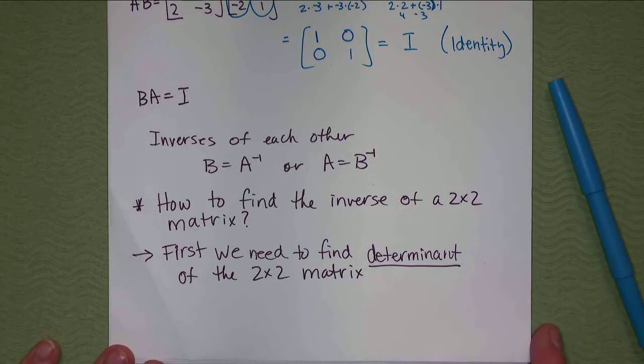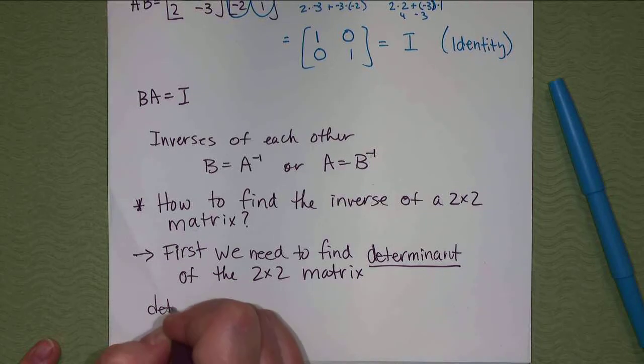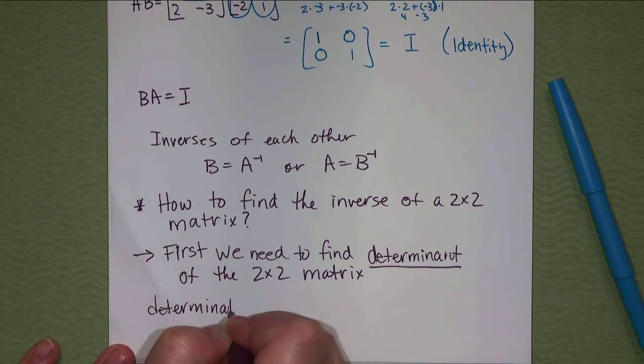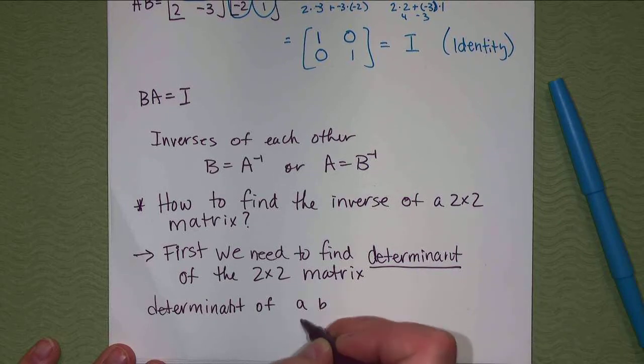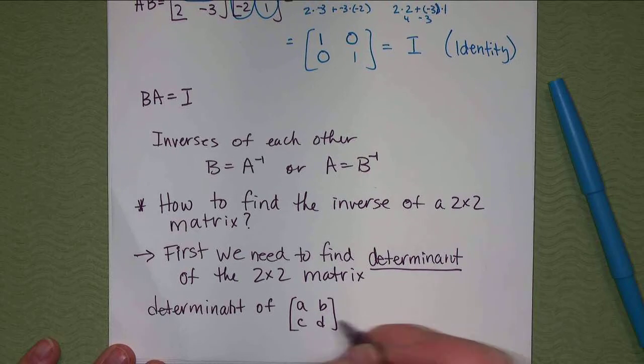And the determinant is just a number that tells us something about the matrix, okay? So the determinant, we're just going to look at 2 by 2 because there's actually a little formula to get the inverse of a 2 by 2, and to find the inverse of a 3 by 3 or 4 by 4 is much harder, but a 2 by 2 is really quick. So first we need to find what's called the determinant. So the determinant of a matrix A, B, C, D is,